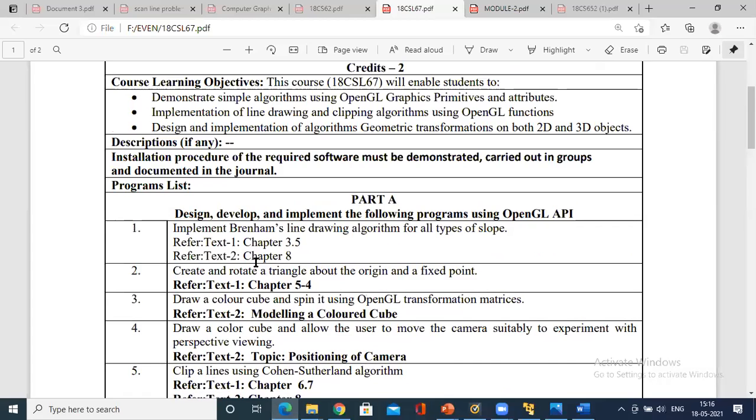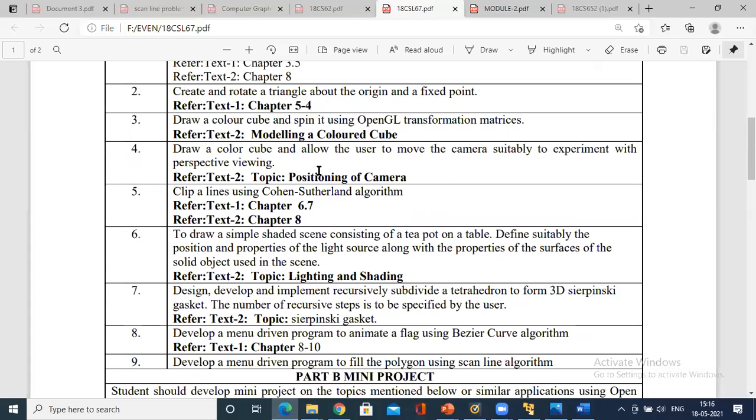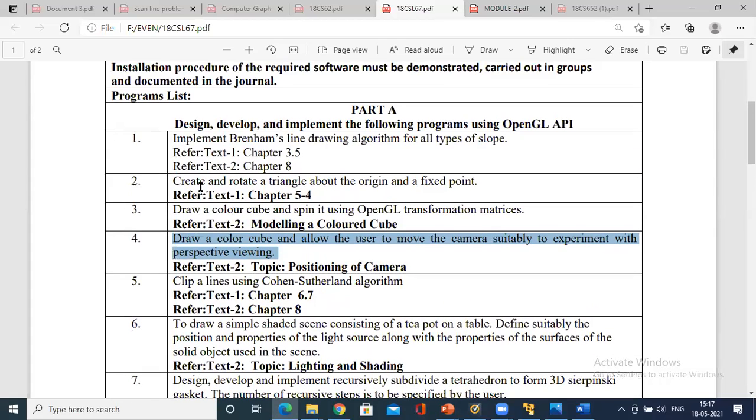There are around 9 programs. We have done one program, the Sierpinski gasket, last week. There was a network issue, so today we have seen the Cube program. I didn't do the perspective view because we are going to cover some theoretical concepts for perspective viewing in the coming classes. I'll not take a separate session for it; I'll merge it with another program. So we'll start.